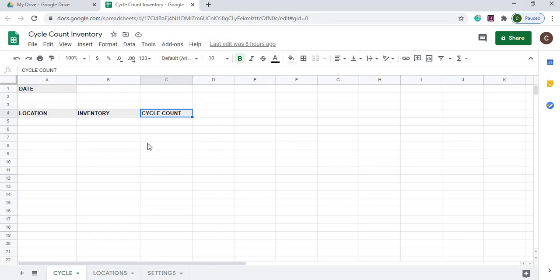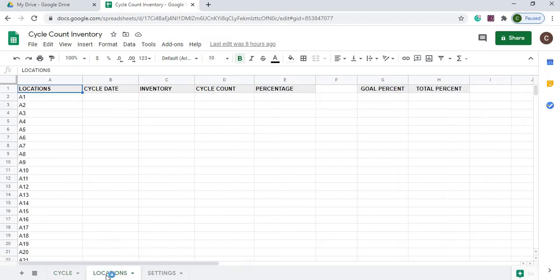And those are the 3 headers, and this is on the cycle sheet that I've created. That is it. There's no formulas or anything. This is just all text here and a little shaded there for the background. And in my locations sheet,